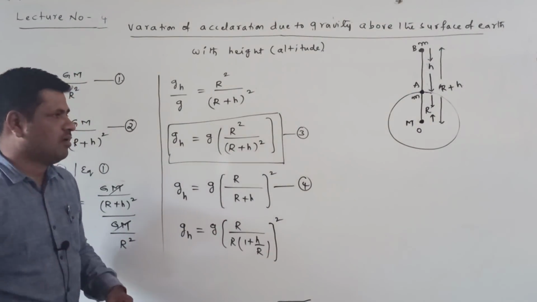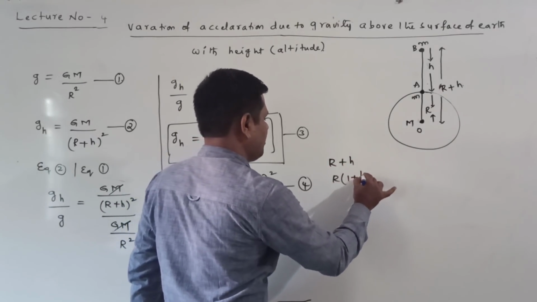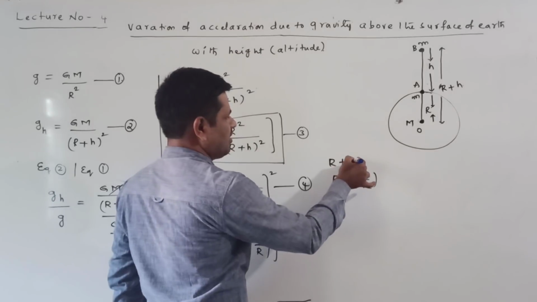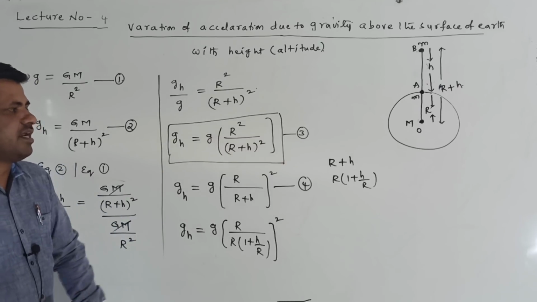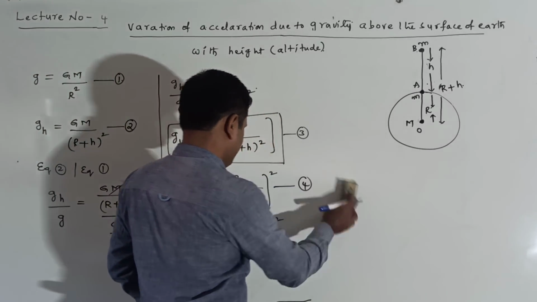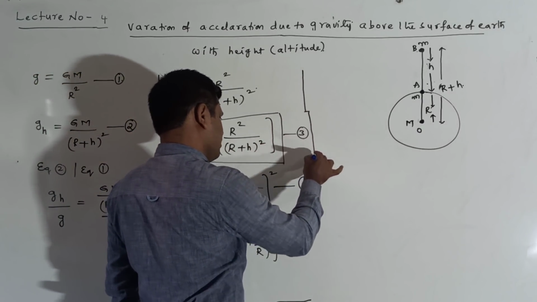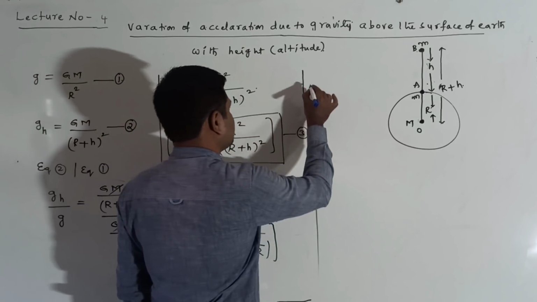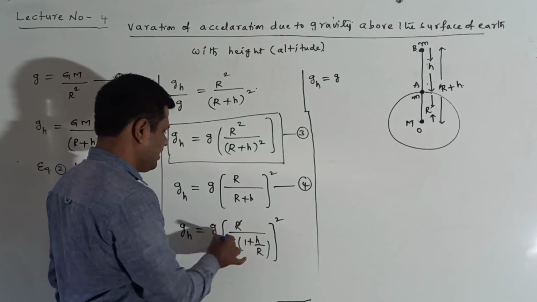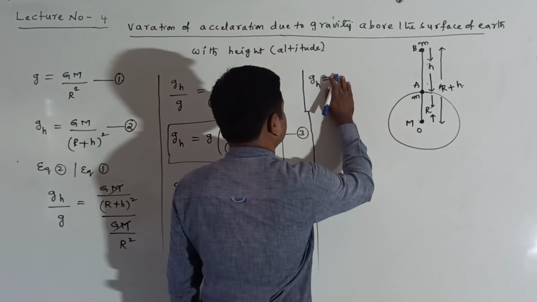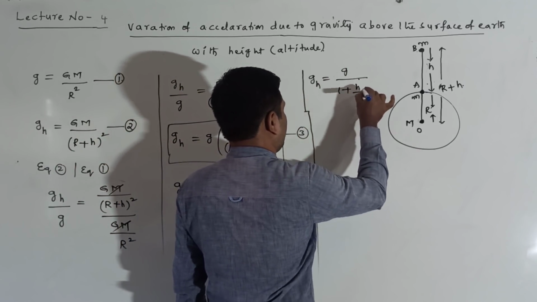Taking R common in R plus h means the remaining is 1 plus h by R. Here R is there, so 1 comes, and h is not divisible by R, so h by R comes. Now I am changing this value: gh is equal to g into, R gets cancelled. The remaining is gh is equal to g by (1 plus h by R) whole square,